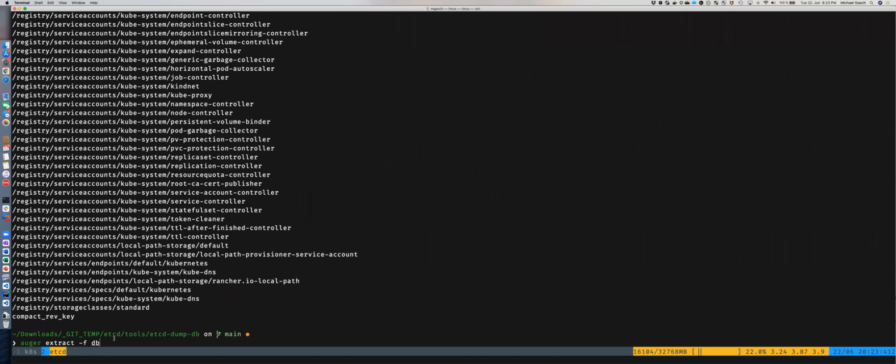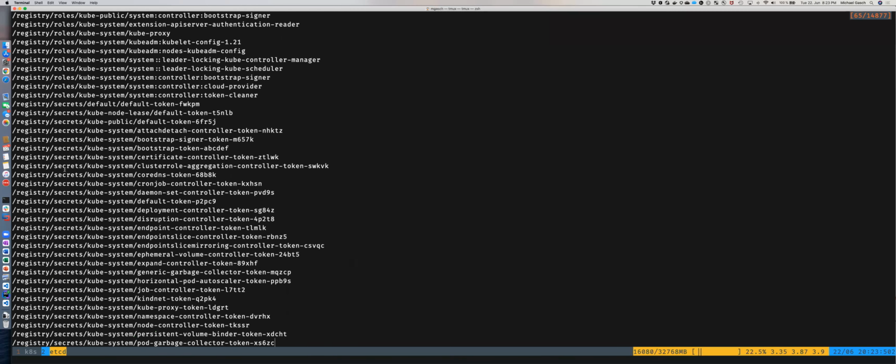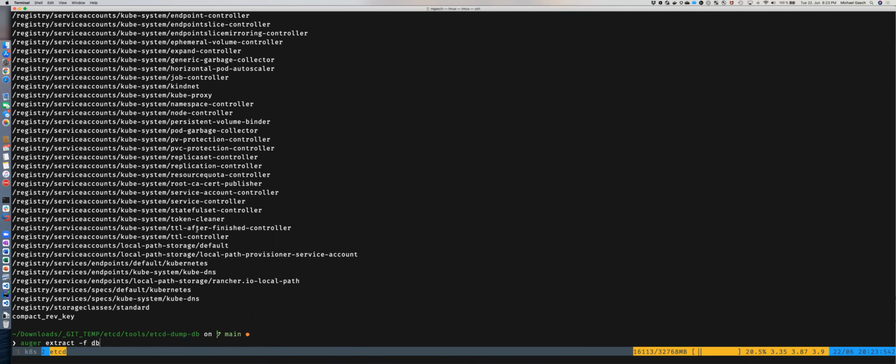So I just did Augur extract and gave it the database, the Bolt database. So it reads the Bolt database. And now I see all the keys in there. Again, what we just saw, right? Registry, type, kind, namespace, name. But I can also ask it for